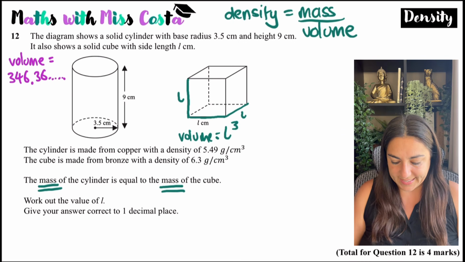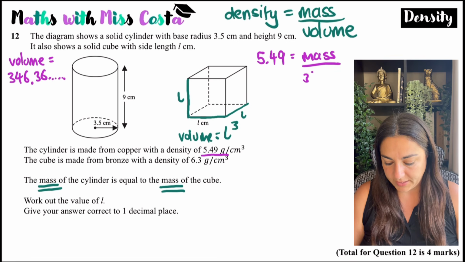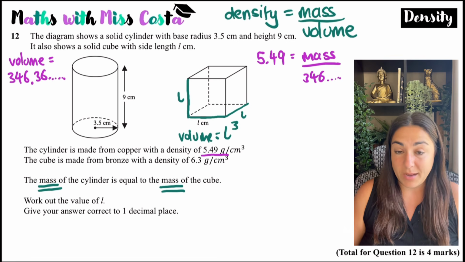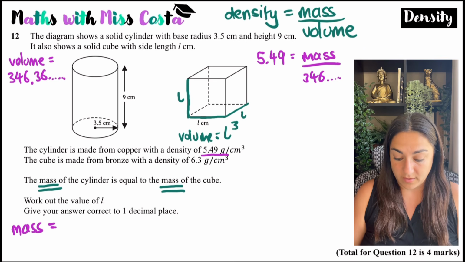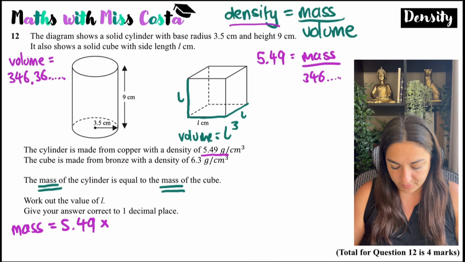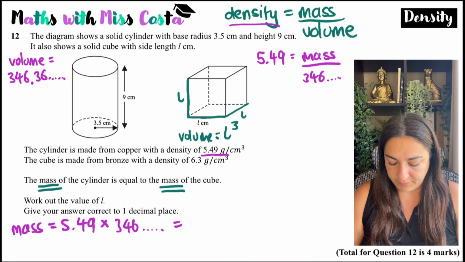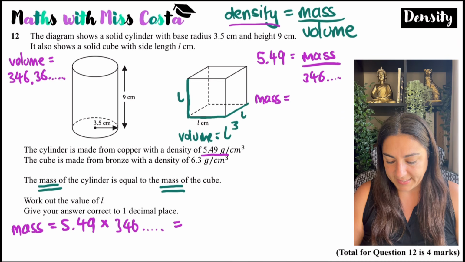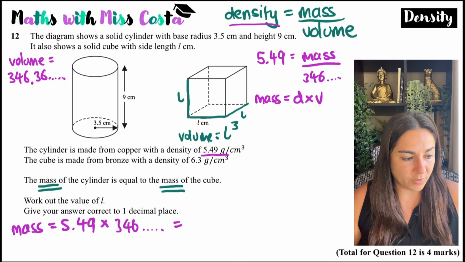Now I know that density is mass over volume. They've told me that the density of the cylinder is 5.49. So I know that 5.49 is the mass over volume, which is 346 point blah blah blah. So to work out the mass of the cylinder, I would do the density, which is 5.49, times the volume. Just rearrange the formula. If you didn't know, the rearranged formula would be mass is density times volume. So that would give me a total mass of